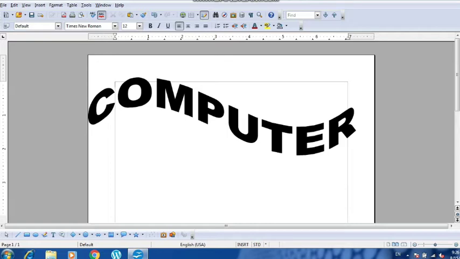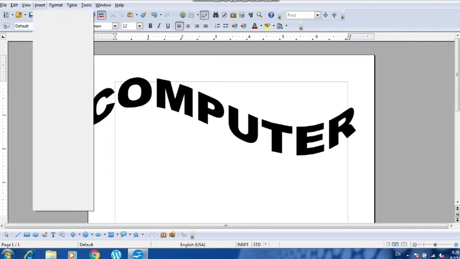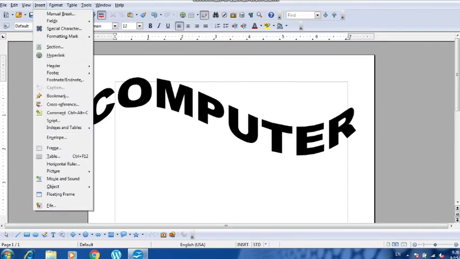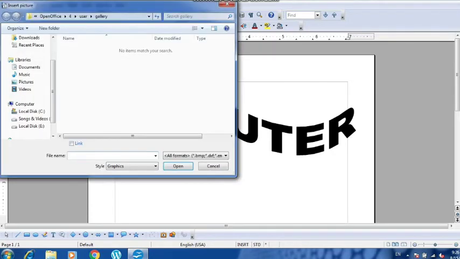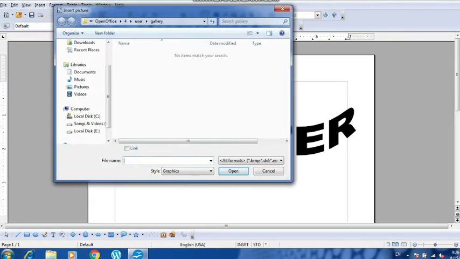Now moving forward, I want to show you how you can insert pictures from a file and from the gallery. To insert a picture from a file, if you want to insert any kind of picture which is present inside your computer, you have to choose the Insert menu. You can see the Insert menu on the top, and you have to click on Picture and then From File. Once you press on File, you will get a dialog box like this wherein you have to choose the location where your picture is placed.